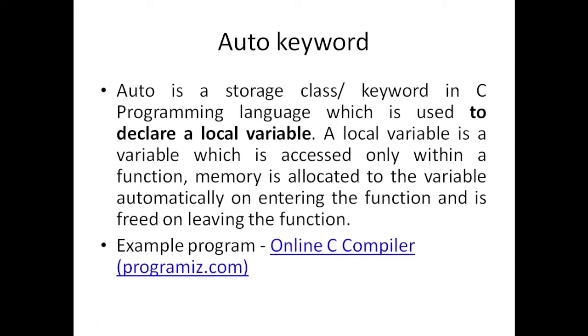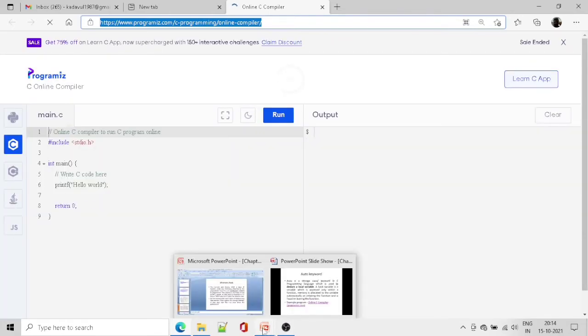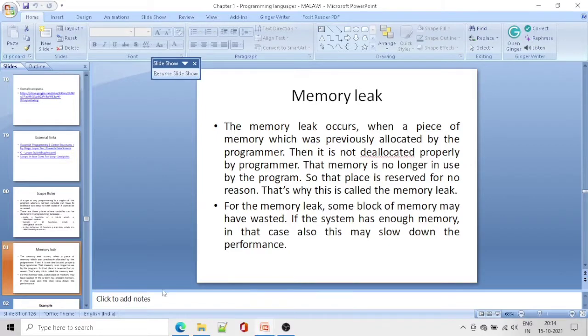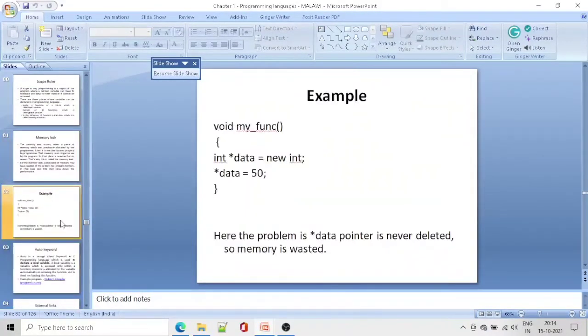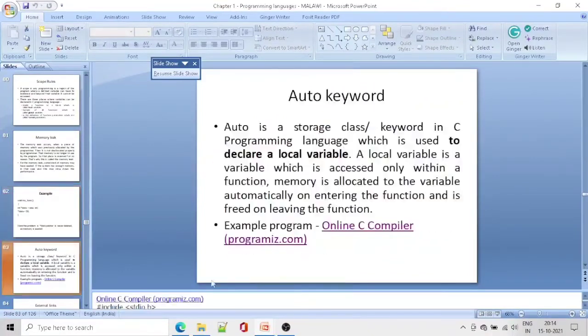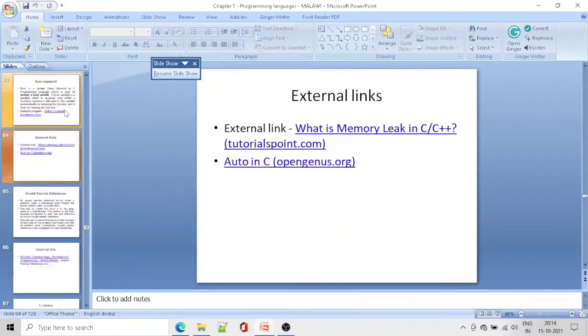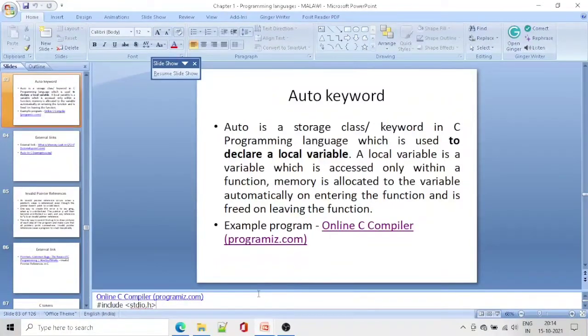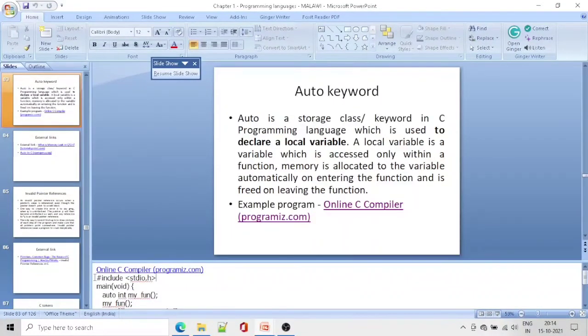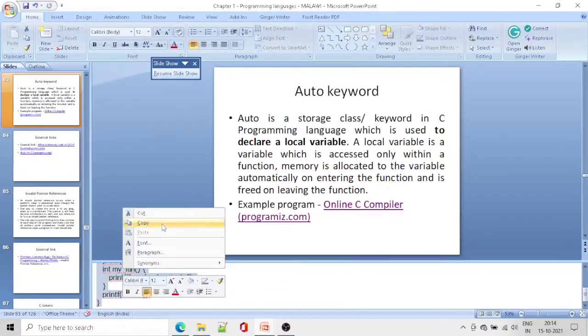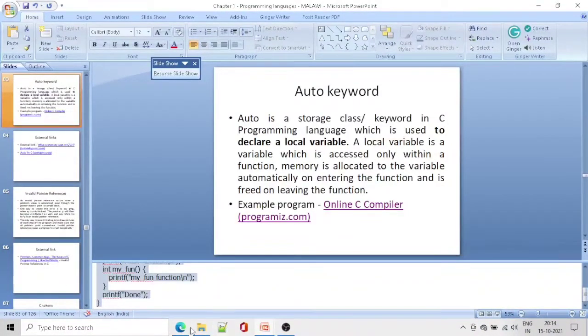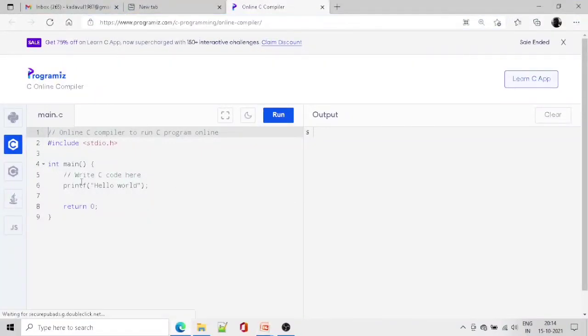So we have an example program, and you can use this link to open the online C compiler. Here we have the code, so we are just copying this program and pasting it over here.